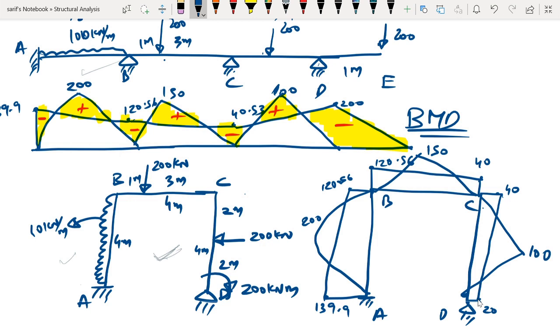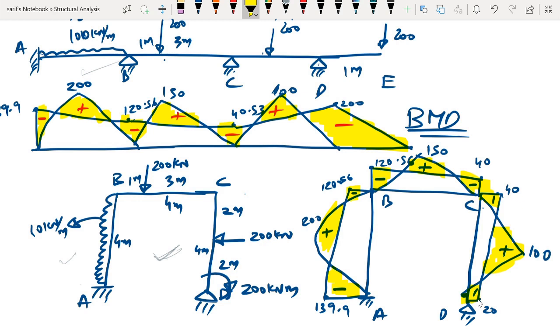100. Okay, then this would be negative, this would be positive, this would be negative, and so on. So we can shade the active regions of the bending moment diagram. So this would be the active regions of the bending moment diagram. Okay, so this is how we draw shear force and bending moment diagram for a portal frame. Okay, and the analysis of a portal frame is exactly same as the analysis of a continuous beam.